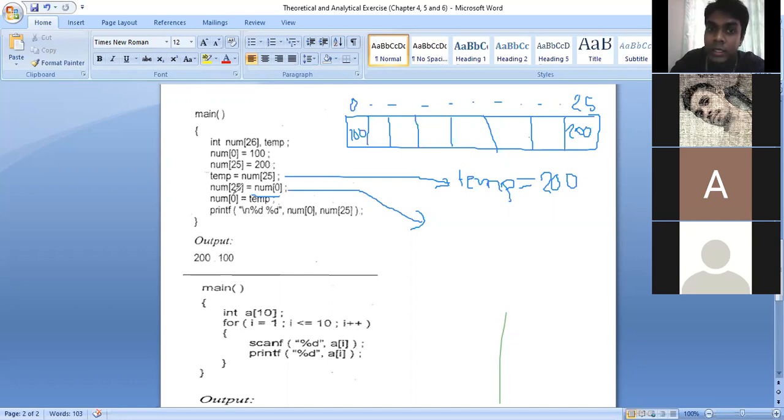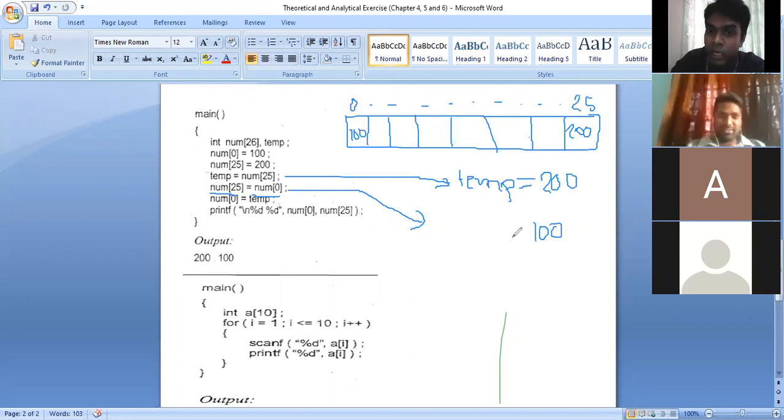This is the variable, and this is the value. What is the value of the num0 position? 100. And where are we assigning the value 100? In num25, the last one.